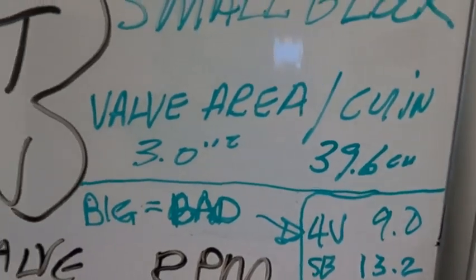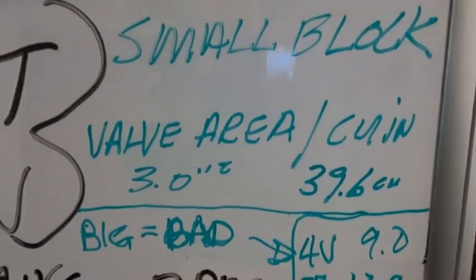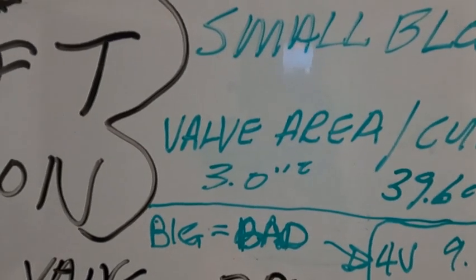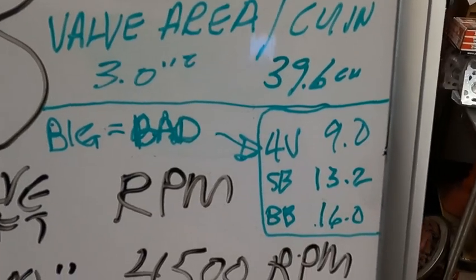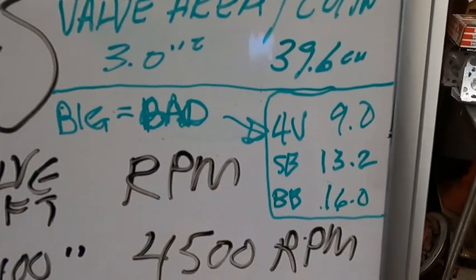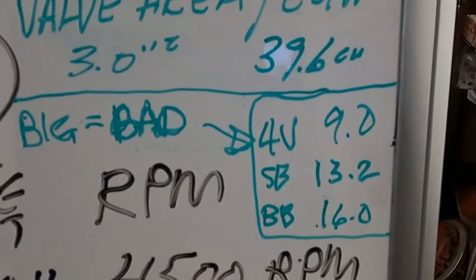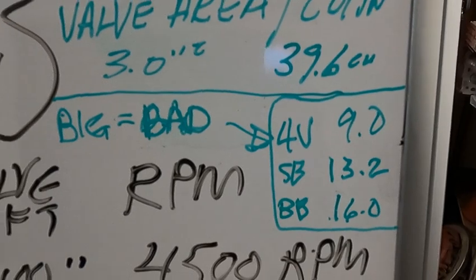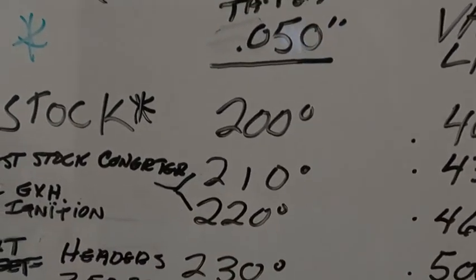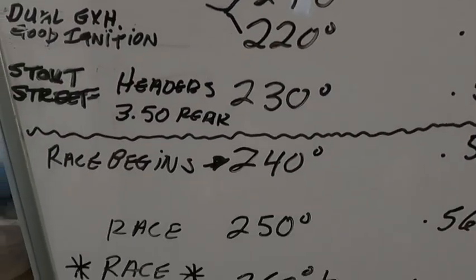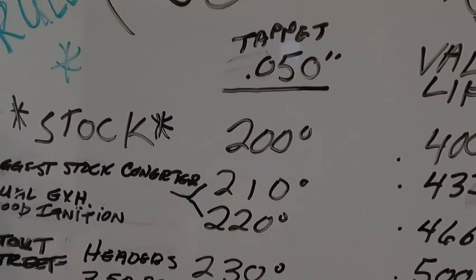As your factor goes down, and remember you're going to do how many cubic inches are in one cylinder divided by the valve area, intake valve. And as these numbers move around, the durations will move around. So typically a big block with a 16 cubic inch per square inch of valve area, you could add probably roughly 15 degrees to all these numbers